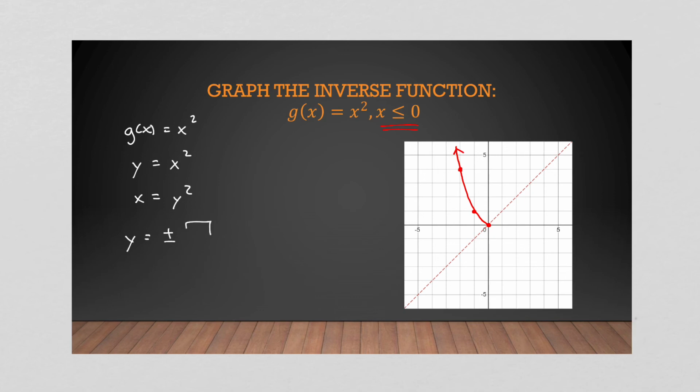Plus or minus root x. But if we look at the domain restriction of our original, what do we get? We get a domain restriction that x is less than or equal to 0, which means we have a range of y is greater than or equal to 0. So that means the domain of this one has to be x is greater than or equal to 0, which means